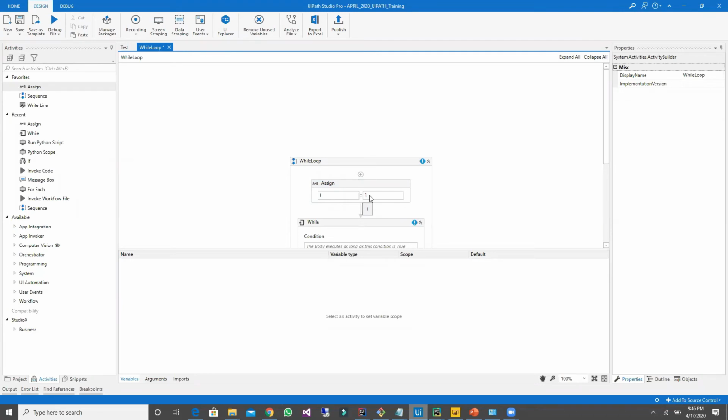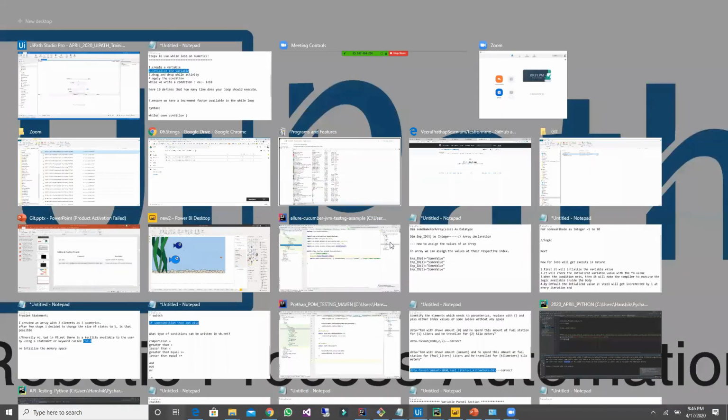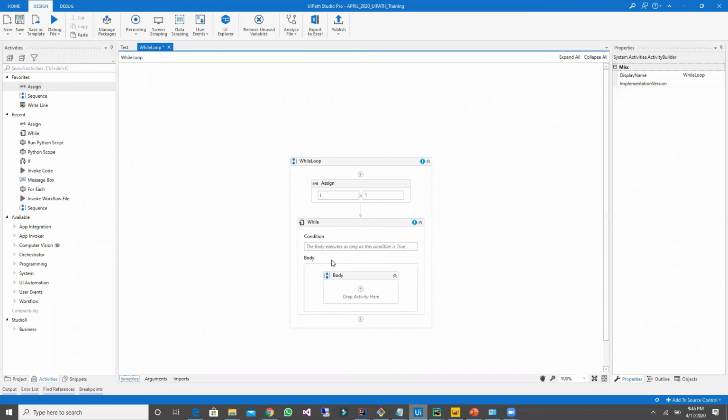So I want to execute my loop from the range number 1 to 10, or I want to execute the loop with values starting from 0 to 30. So this I is going to be called my starting point, where I want to exactly start my loop. Now here in my condition, I need to tell how many times the loop should execute. So I'm going to mention that I need to execute my loop 10 times. So I less than or equal to 10.